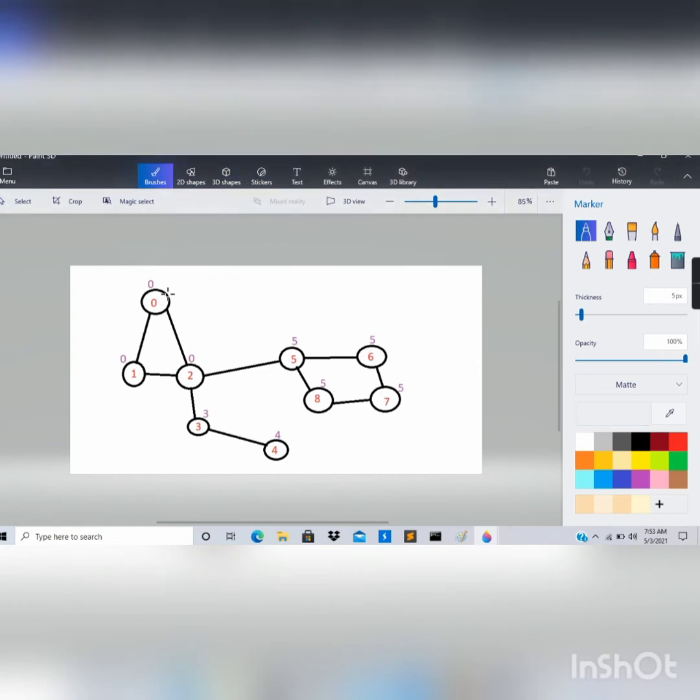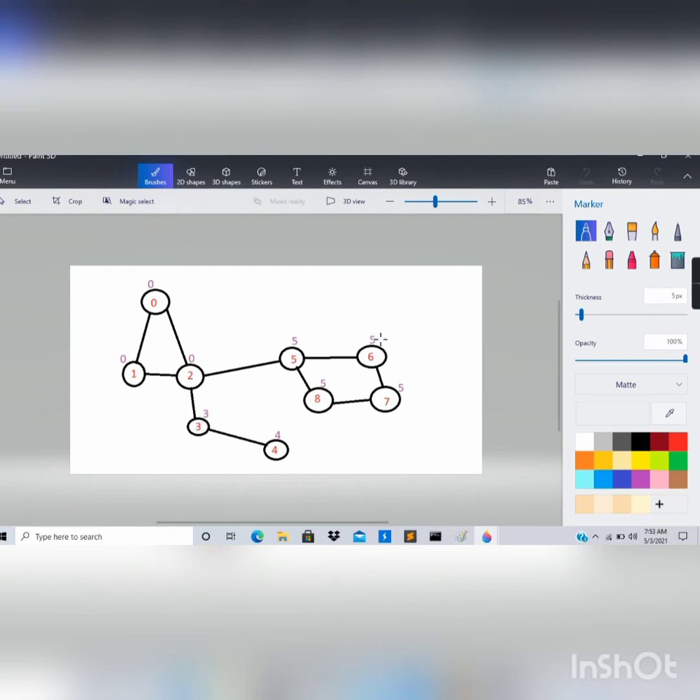So see, here I have explained, for node 0 it is 0. For node 1 it could go from node 1 to 2, from 2 to 0, so the low link value of 1 becomes 0. From node 2 it can go to 0, so its low link value also becomes 0. From 3 it could go to 4, but 3 already has a low link value which is less than its child's low link value, so the low link value doesn't get modified, so it remains 3.